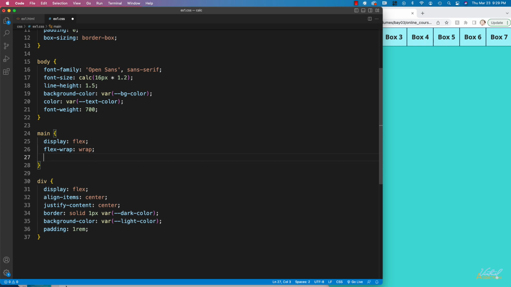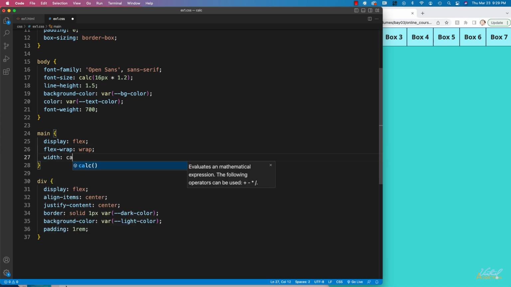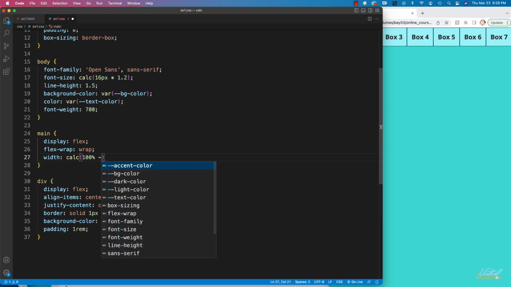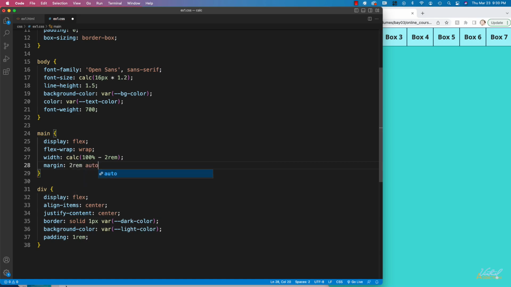So I'm going to go ahead and specify a width value. And for our width, we'll use calc. We're going to set the width of main to 100%, and then we're going to subtract 2 rems from that value. In addition to this, let's go ahead and set our margin. We'll set our margin to 2 rems for the top and the bottom and auto for the right and the